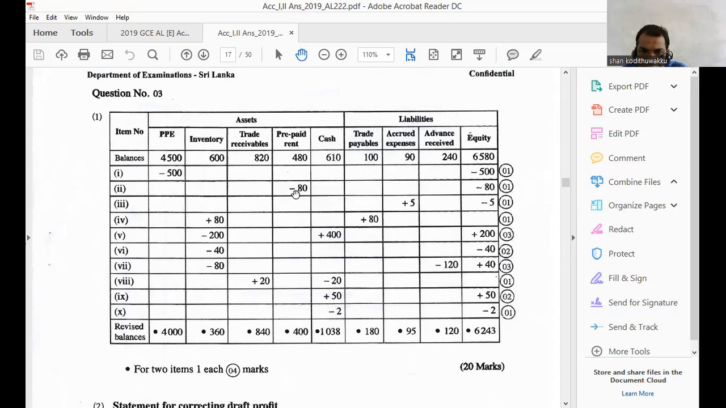You know, rent is also an expense. Therefore, expenses will reduce equity. Then under equity, you can put minus 80. Minus 80. Right. We'll move to the next